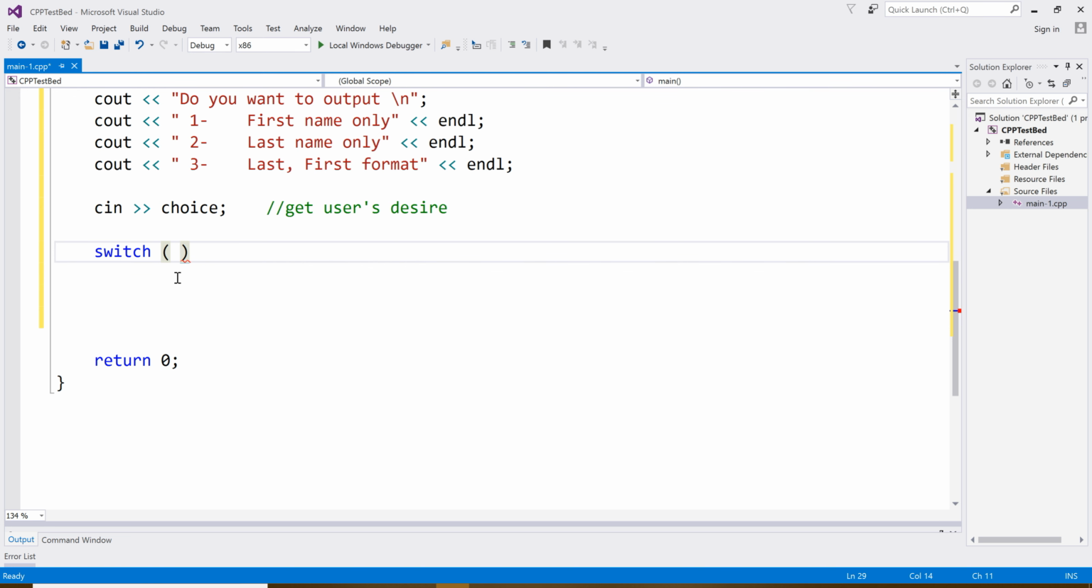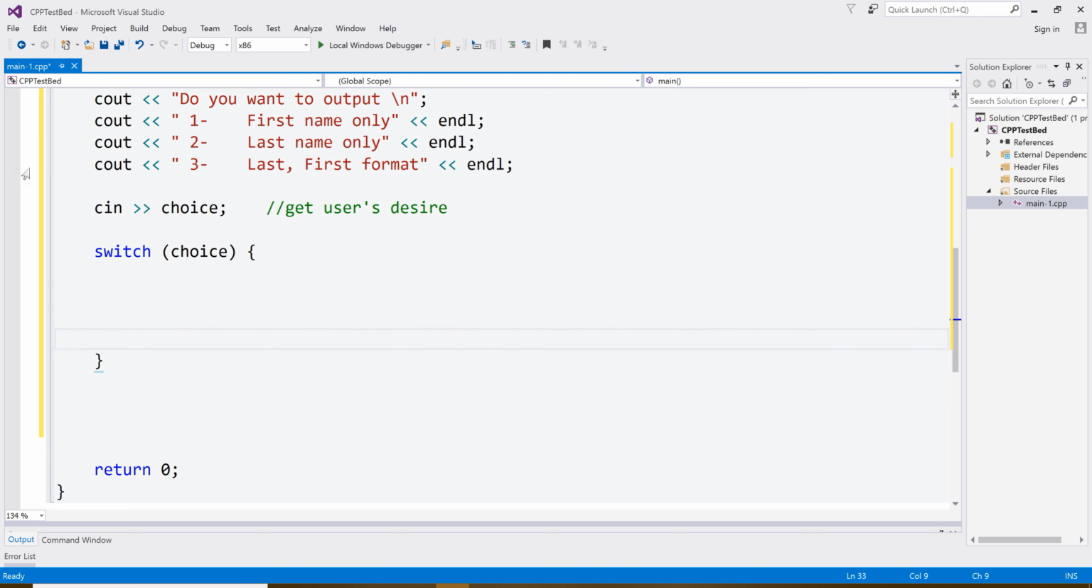Okay, so I'm basing my decision on the contents of the variable choice. So I'm going to say switch choice, and I'm going to put some curly braces there before I forget. And now, what you put inside the switch, you need to list all the options and what you're going to